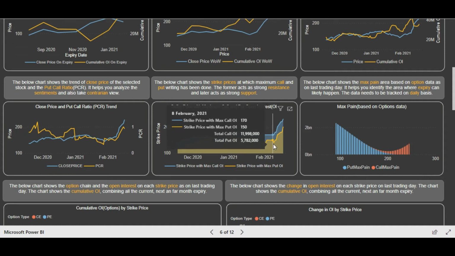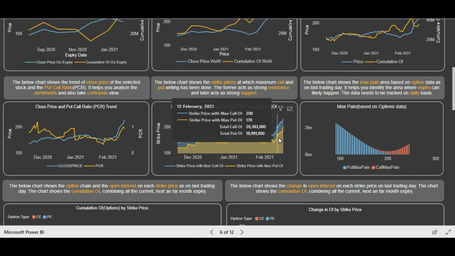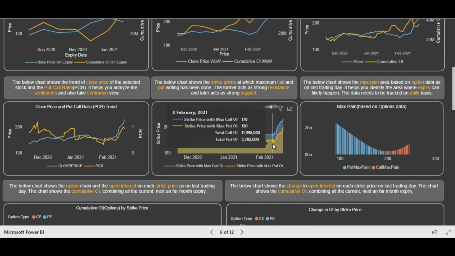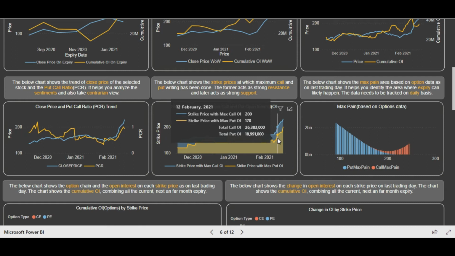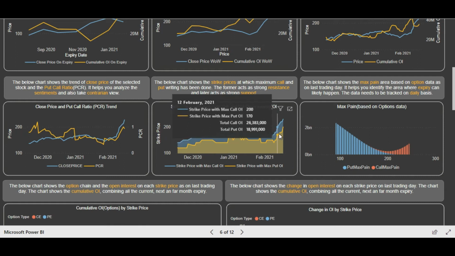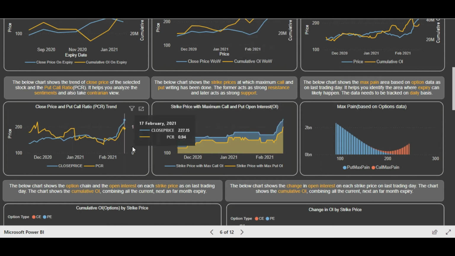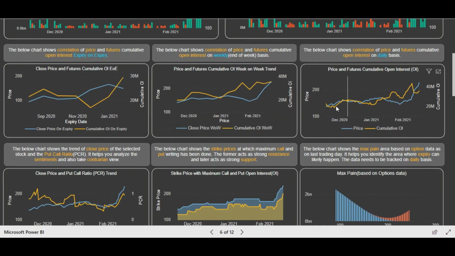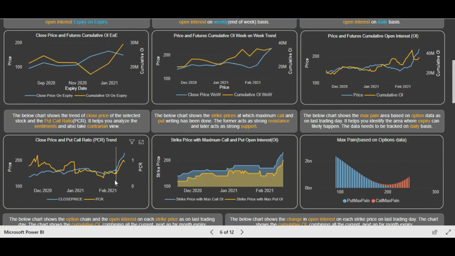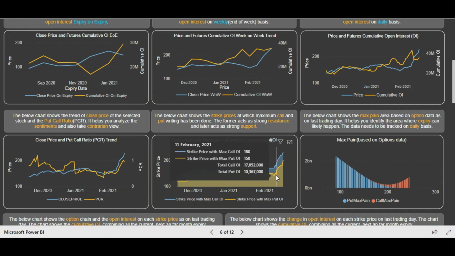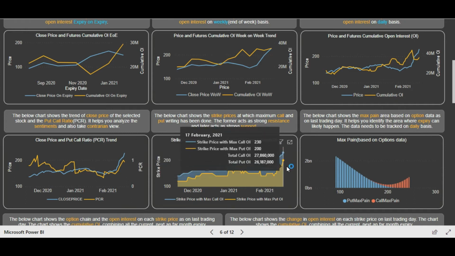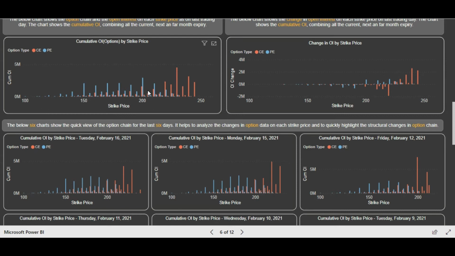You can see how drastically the support was shifting up. This is a very good indicator to help you see how the support levels are shifting higher, right? This gives you more confidence about your trades if you're taking trades based on this data. So you can analyze in such a way. Every data point is in harmony here. Futures OI data shows short covering and long buildup. You see PCR data increasing with the increase in the close price. Then you see the option band, where the support is shifting higher, and in the OI, put writing is going on aggressively.